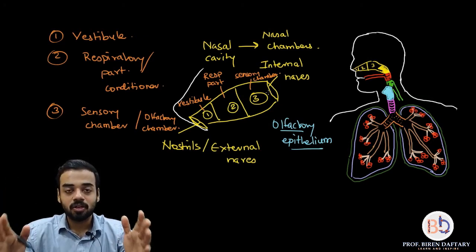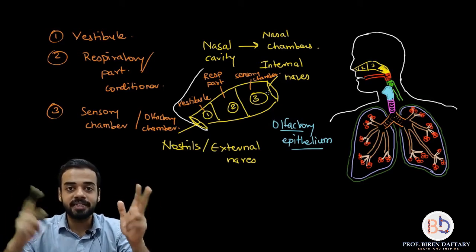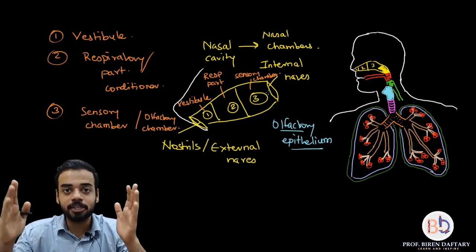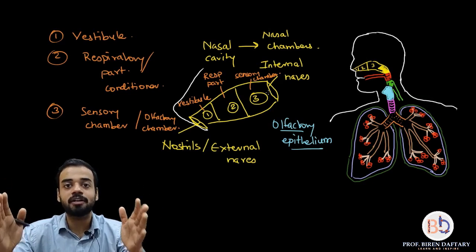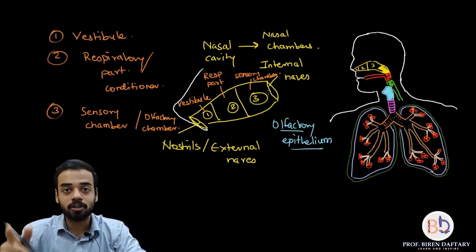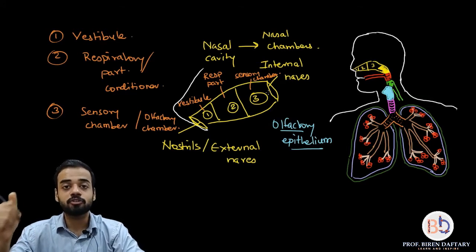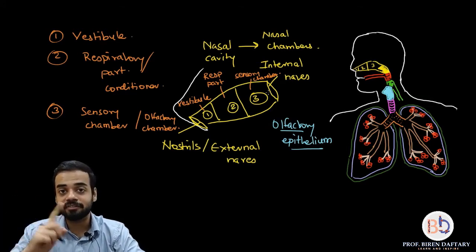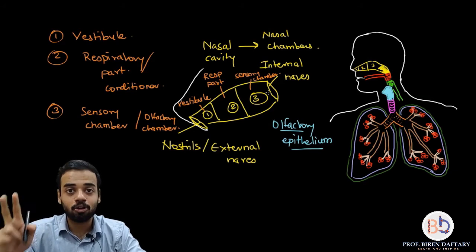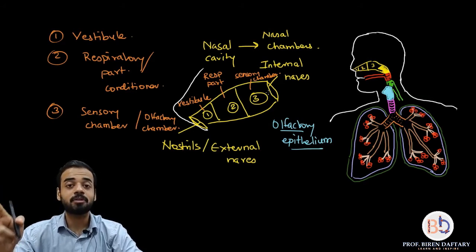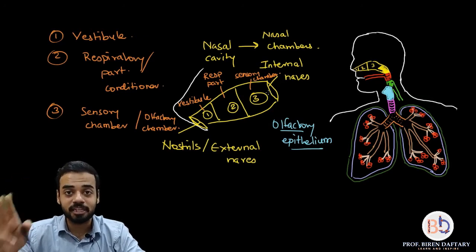Is this clear? Okay, so the nose basically has the internal and the external layers, and between them the very important part called the nasal cavity. What is important to remember in the nasal cavity? First of all, the cartilage which divides the cavity into two parts or two chambers, which is called mesethmoid cartilage. Then you have to remember the division of the nasal chamber into three parts.